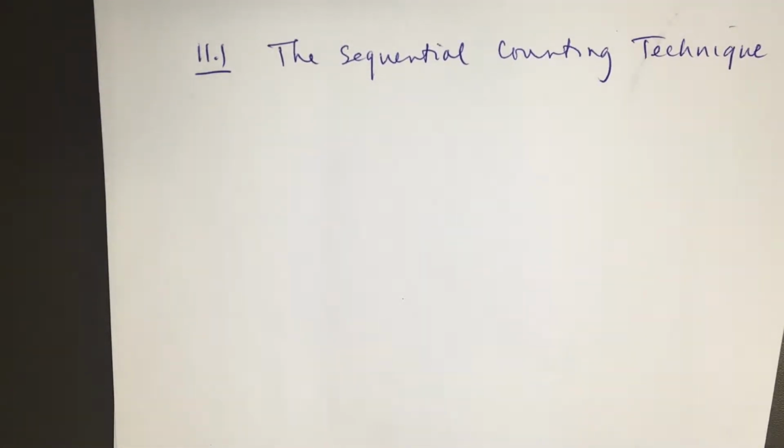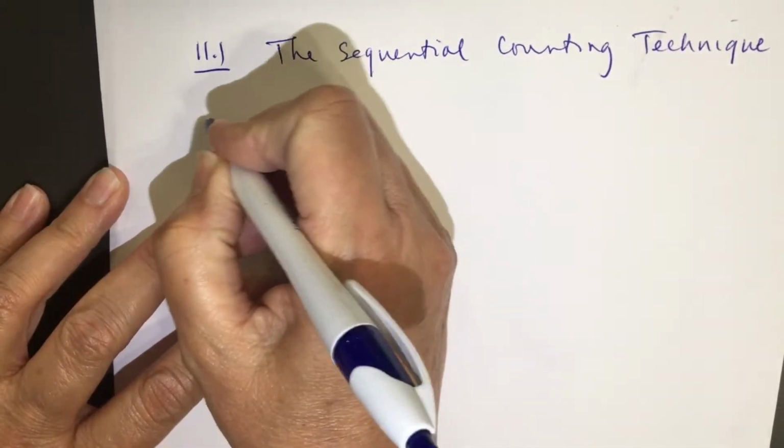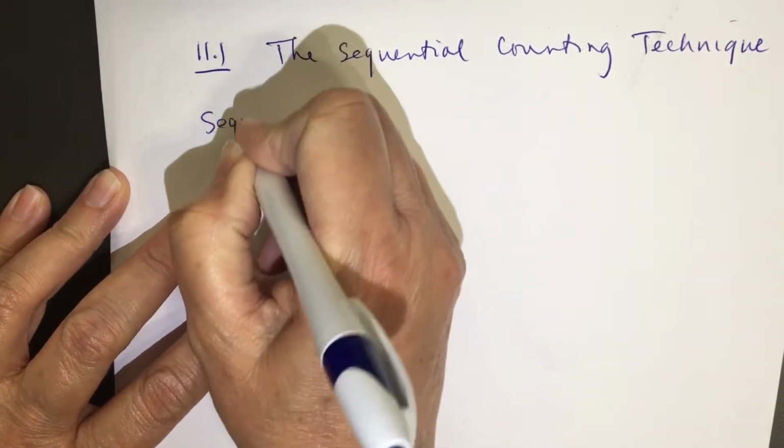So for the sequential counting technique, we would do something like this. If we pick one item from a group of M items and one item from a group of N items, then the total number of ways to pick an item from each group is M times N. So the sequential counting technique